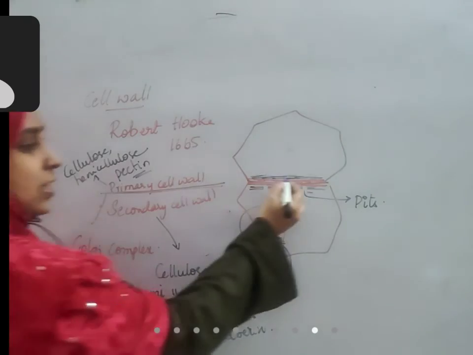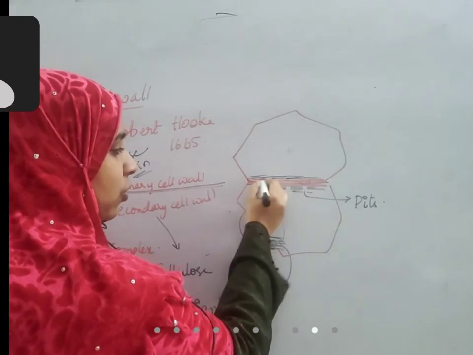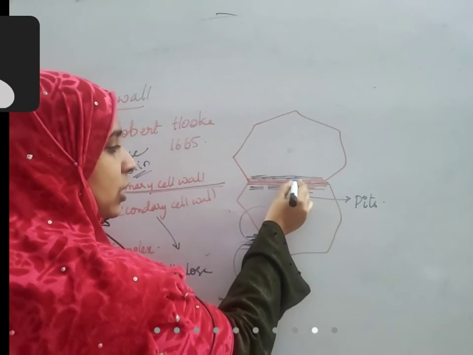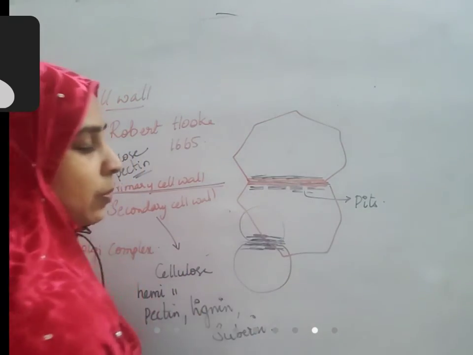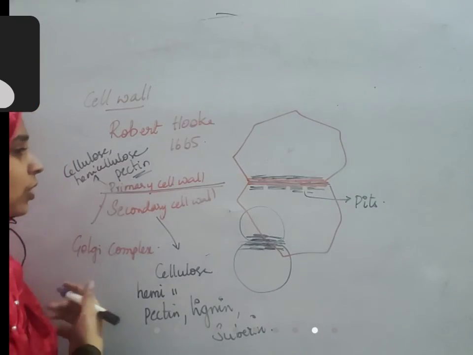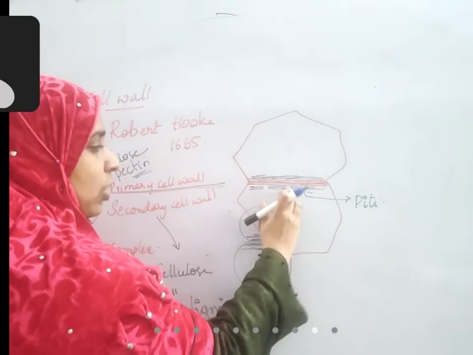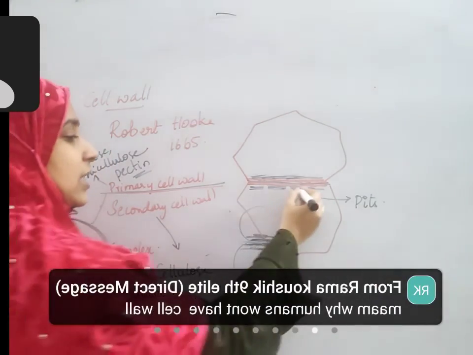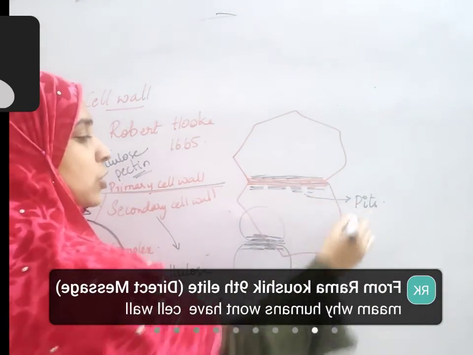Okay, this is primary cell wall that is formed around, this is the middle lamellae. Around the middle lamellae first primary cell wall is formed, and upon that towards the inner side of the cell secondary cell wall will be formed. Okay, sometimes the secondary cell wall is not forming any deposits. These areas where secondary cell wall is not formed are called pits.